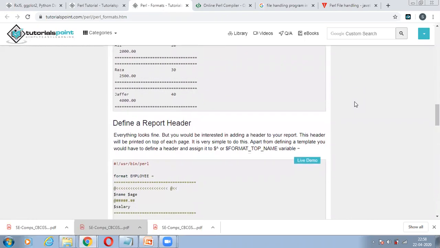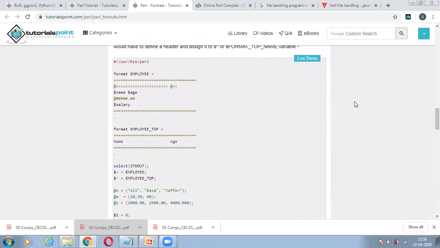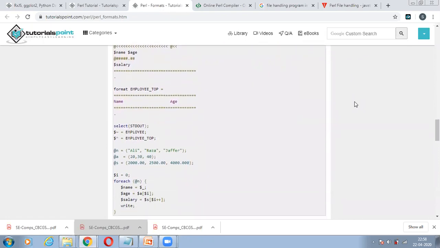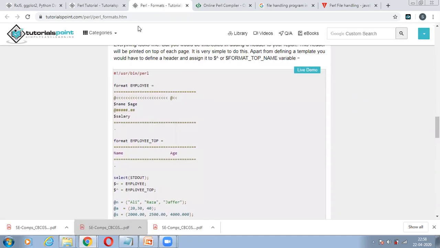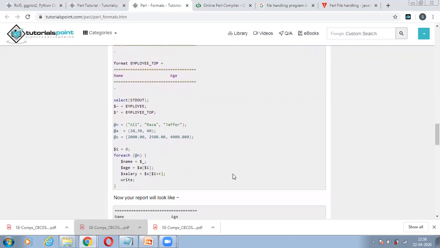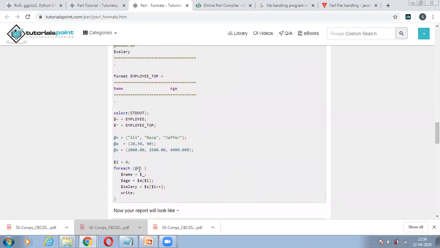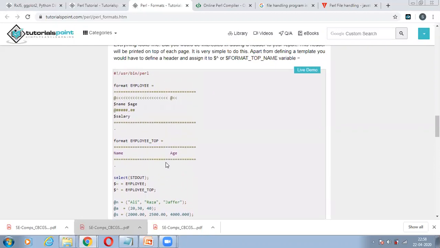Then how you wish to show a similar program, how you wish to show the header of this particular thing. So what is the format here? Format is employee, right? Format employee equals to, I want initially the name of this particular thing and then age. So I have defined a format, and at the starting I want the name of that particular company's person, the employee's name, and then followed by the age. And this is the format which I wish to apply. So I simply run this program, and I have stored this entire program at the rate n, right? So it is taking the loop values one by one.